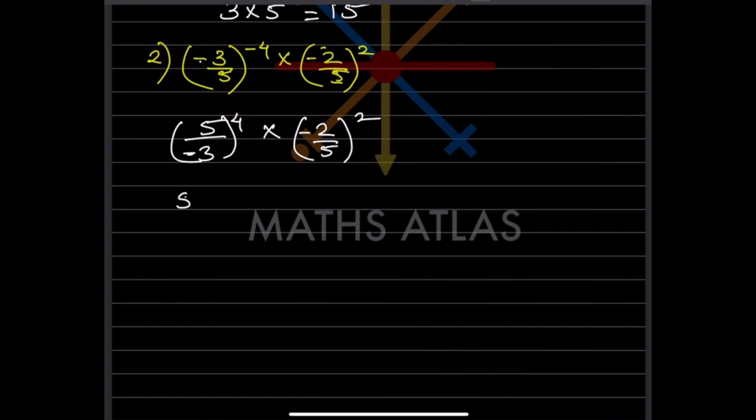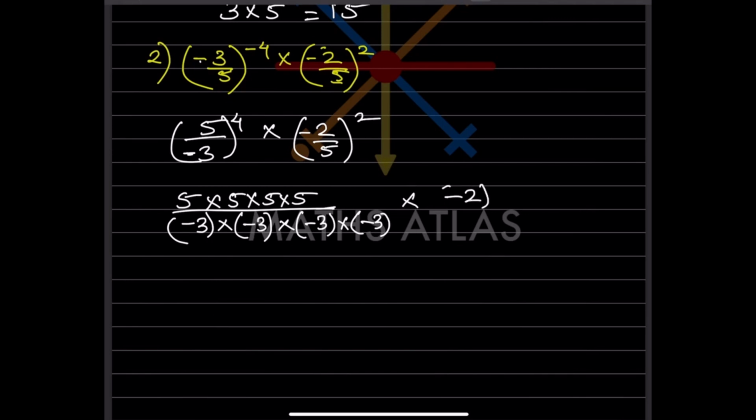So what will you do? 5 we are going to multiply 4 times, and also 3 you are going to multiply 4 times, but I am putting a bracket because there are 2 signs, that is a negative one. And multiply by, again for the other part, the minus 2 I'm going to multiply 2 times, and 5 we are going to multiply 2 times. So now what happens here, this and this get cut, this and this get cut. So now what remains: 5 5s are 25, 25 2s are 50, 50 2s are 100, and this is minus minus 2, which means it is going to be plus. So it is going to be 100.